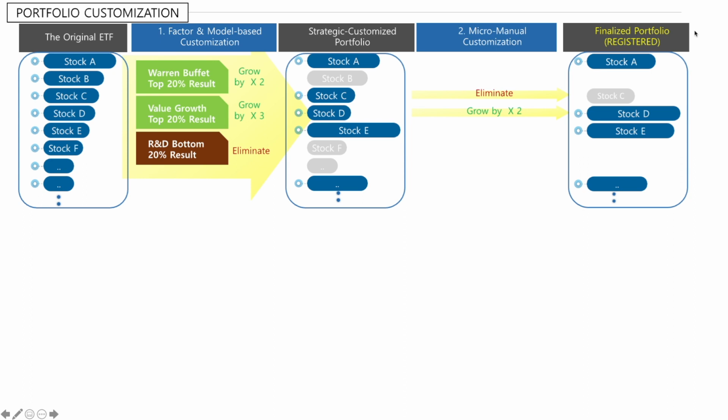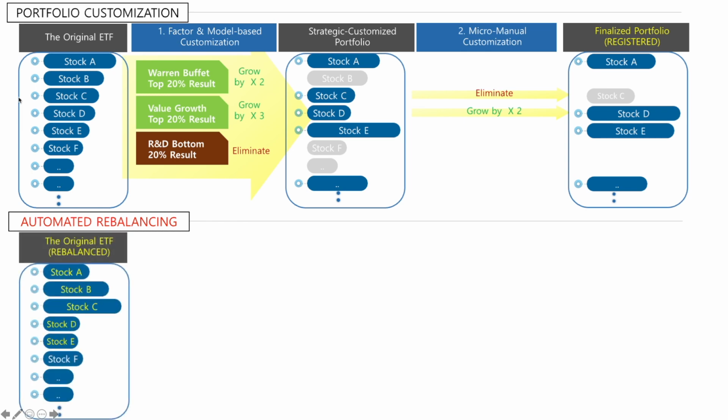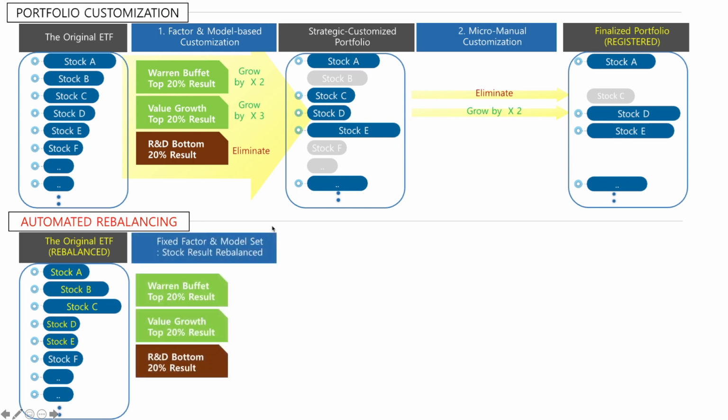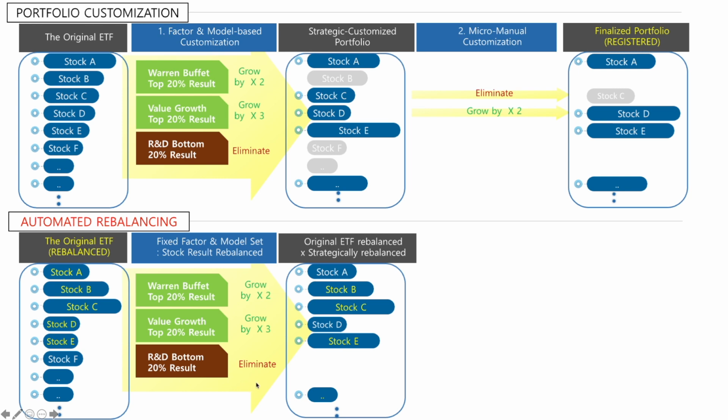Now we will see how automatic rebalancing could work. Say this original ETF has been rebalanced by itself like this, changing the portion of each stock like this. Then we will bring the same fixed factor and model set with different results by rebalancing. Say Warren Buffett top 20% result, value growth and R&D, they are the same set of filters but with different results in stocks. As we apply the same logic here, we have the original ETF rebalanced and the strategically rebalanced stock